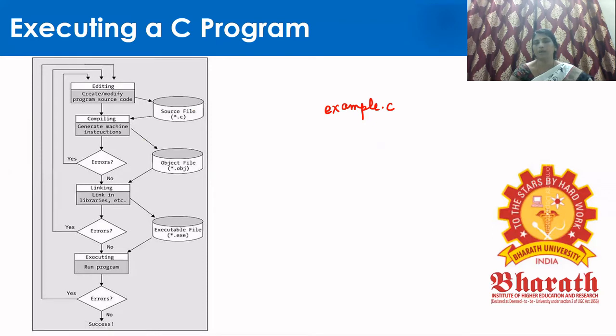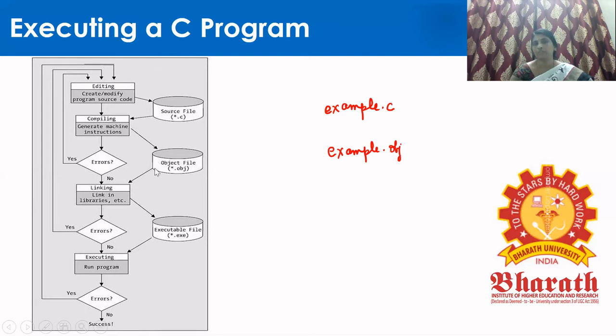When you run the program, it is getting compiled. When it is compiled, you get another file called example dot object. That is, it is converted into machine code.